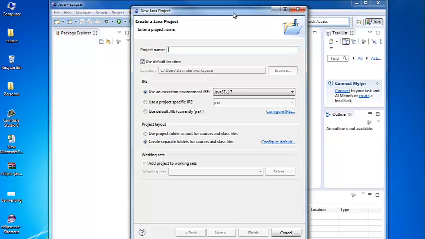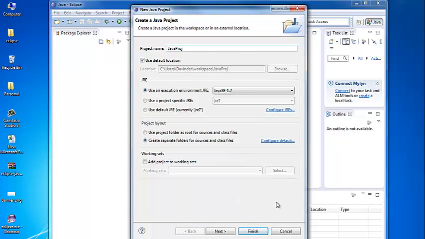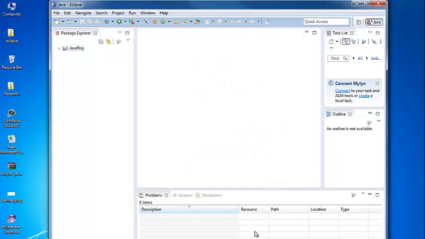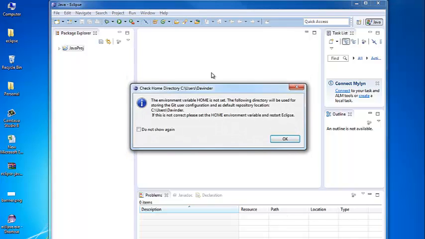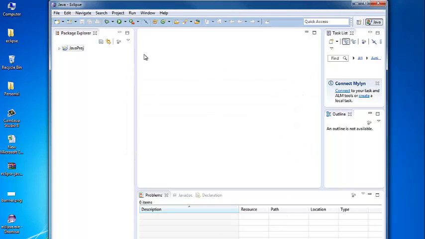So this is the dialog box that you see. It asks for a project name. So let me give it a name as Java Proj. Okay, I've given the project name and I'll click Finish. As you can see, a project folder has been created.